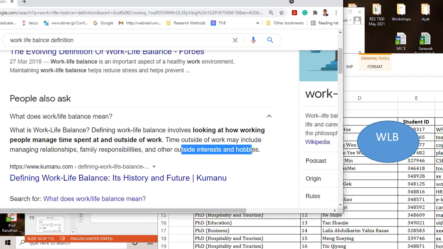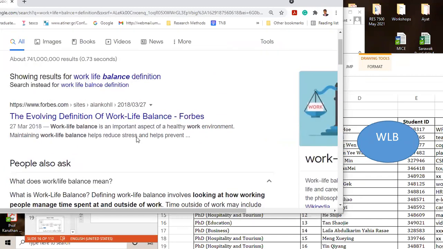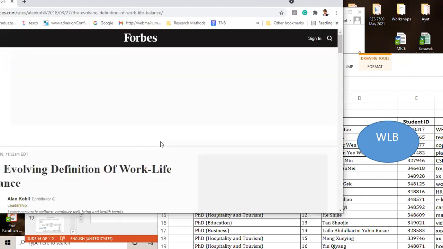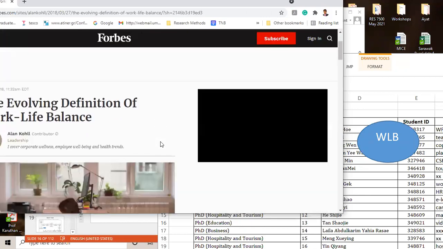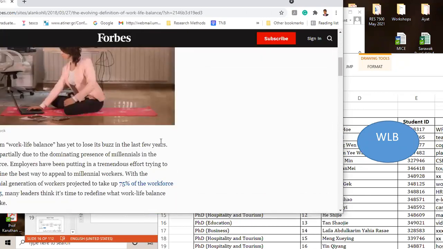So your questionnaire contains sections on managing relationships, family responsibilities, other interests, and hobbies, if I go based on this definition. Some definitions can be much more complete, so you go and search.